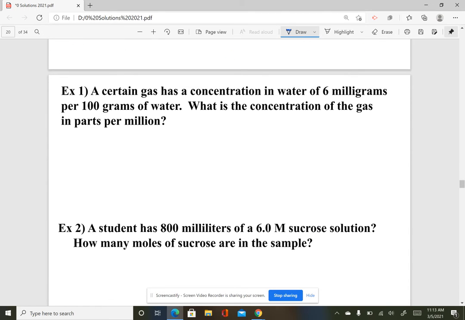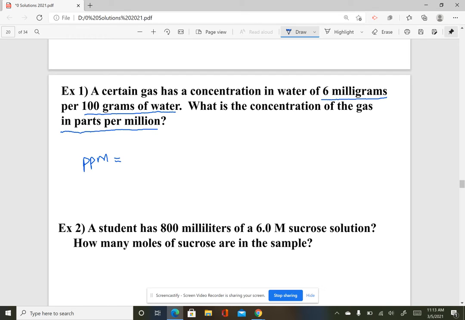All right, a certain gas has a concentration in water of 6 milligrams per 100 grams of water. What is the concentration of the gas in parts per million? So guys, they're going to be specific about what formula you need to pick. They can't just let you pick whatever you want. So because it says parts per million here, I want to use my parts per million formula. So parts per million